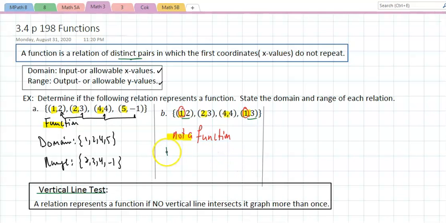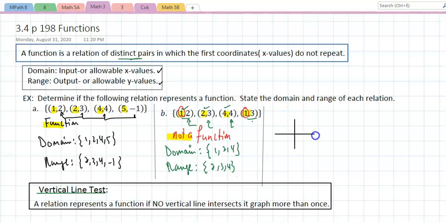All right, what's the domain? 1, 2, 4. What's the range? 2, 3, 4. There it is. Now, it's not asking for this, but if I was to look at a graph for part A,